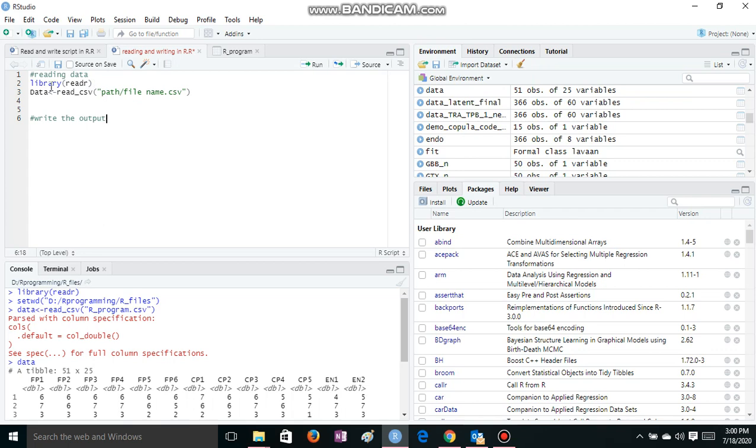What I have initially done, I have written here library readr, that we need to activate before we go into reading the data using the read underscore csv. If it is not the current directory, then you need to give the path where the file is lying. But if the file is within your same working directory or folder, no need to give the path, it will directly read from it. So data read underscore csv, I will give the file name directly here, r underscore program